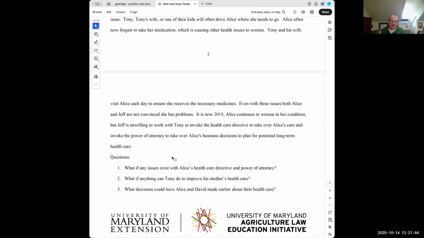It's really hard at that point for the one that is there to make the decisions and help get her the treatment she needs near the end. Mainly because if you're the child that's not there and seeing it every day, what might you think? Oh, mom just has memory lapses like everybody does. You're not experiencing it full time and know how bad it is. So these issues can come up.